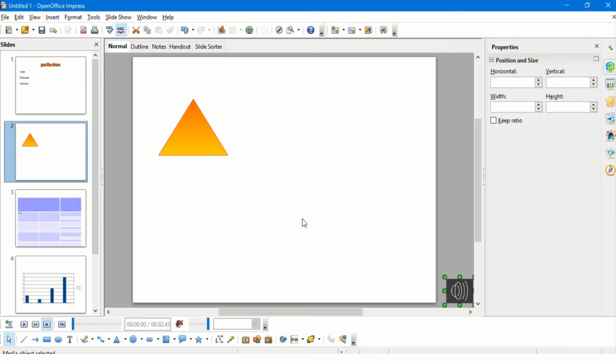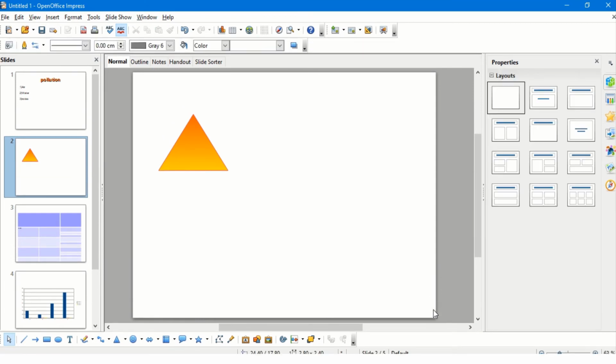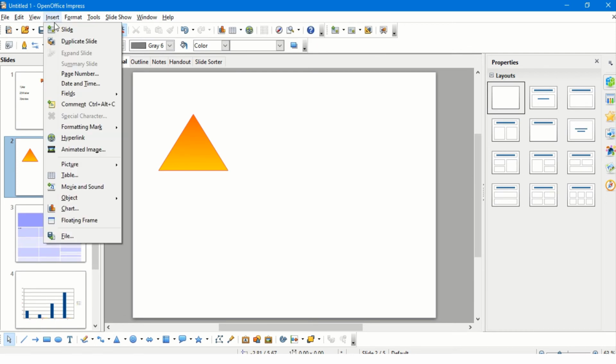So this is the way in which I can insert audio into a slide. I'm just deleting it right now. And in the same way, if I have movie clips, I can also insert different movie clips into my slide. So these are the different objects: pictures, tables, movie and sound clips, and different types of objects and charts. These and also the different drawing objects can be inserted.